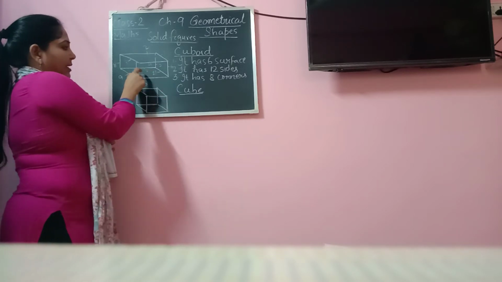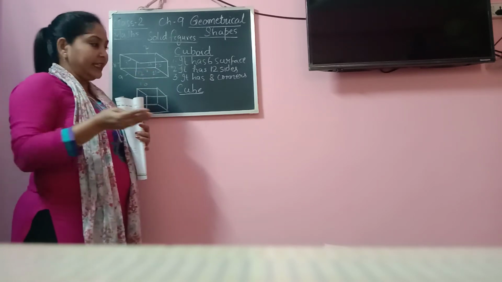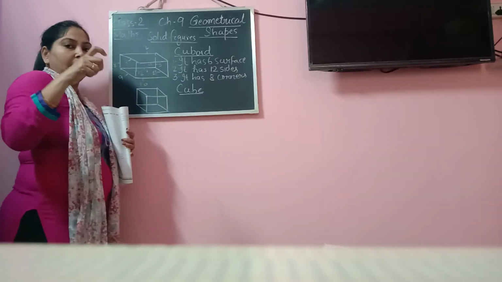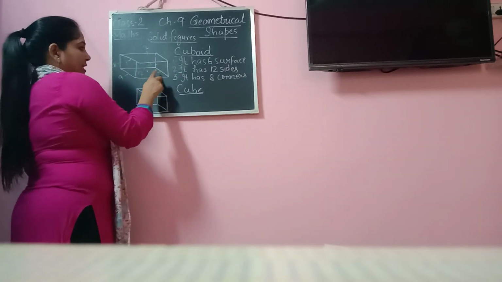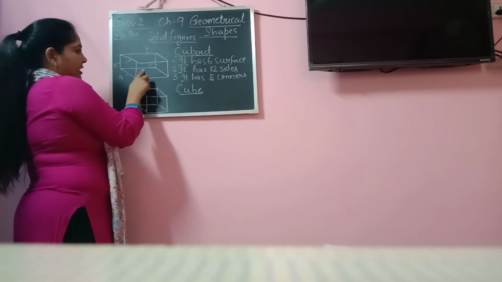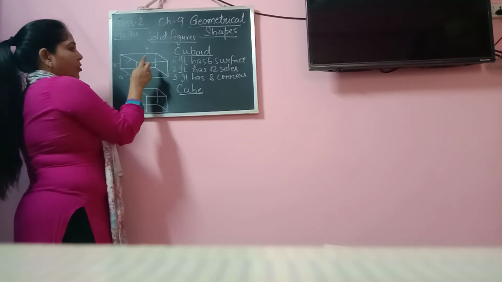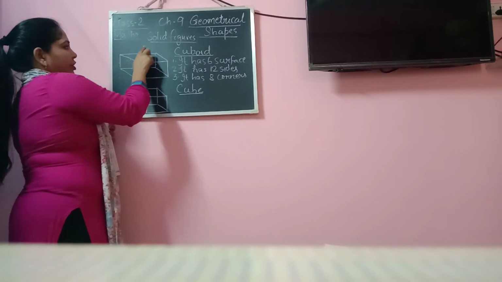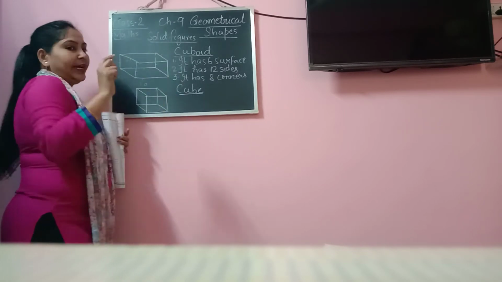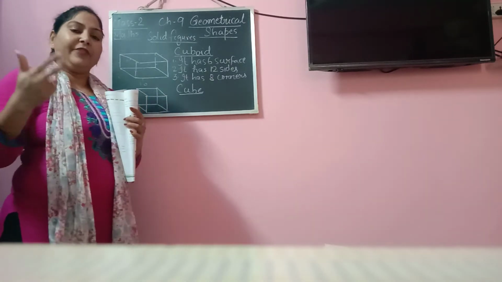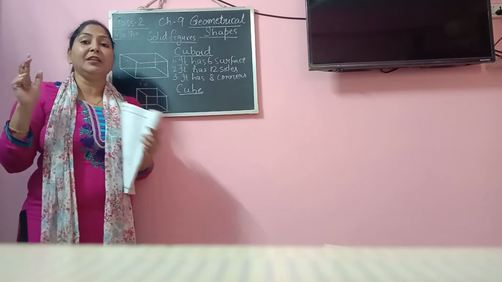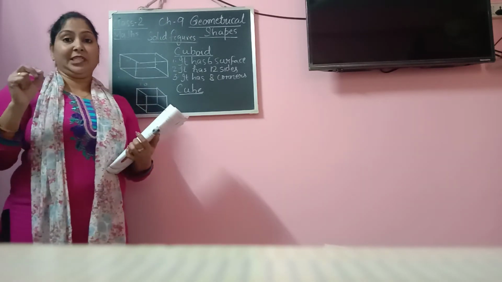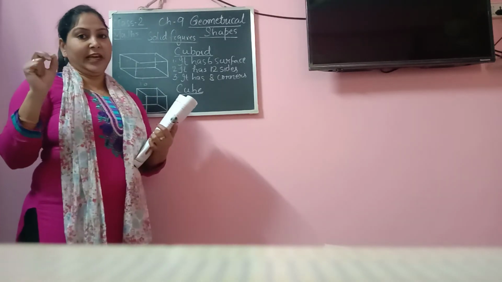I know it is becoming a little clumsy. You are thinking that it is confusing to understand. You can also do it yourself: take any object which is cuboid shaped and try to find out the faces. Faces you can easily understand, but it becomes difficult when you have to count the number of sides. So there you have to be very careful.